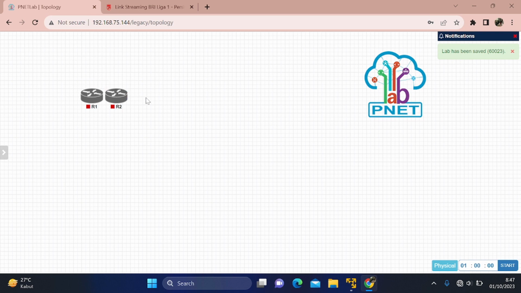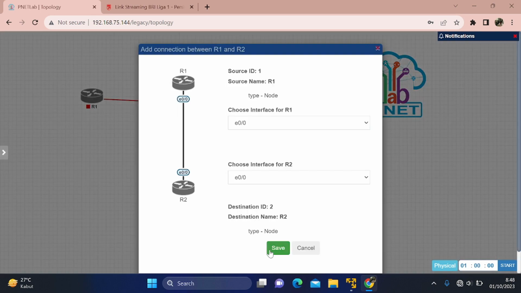After that, you must write, after that you drag in here and you add the cable like that, then save.